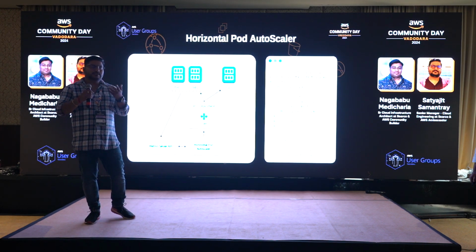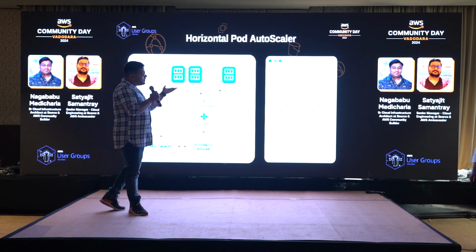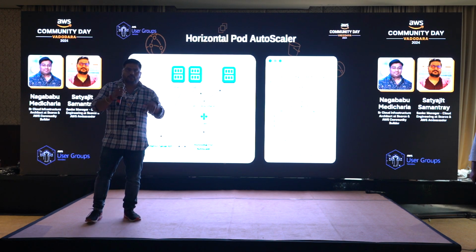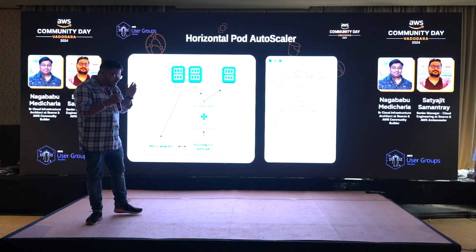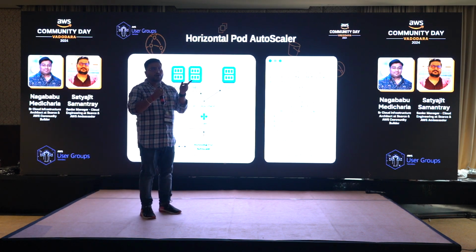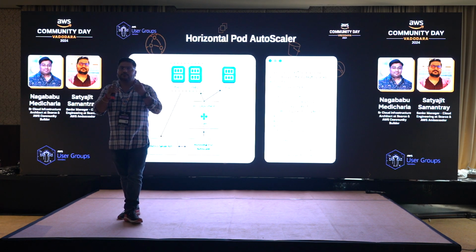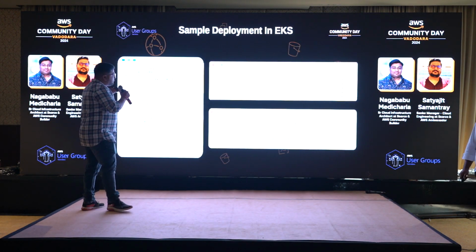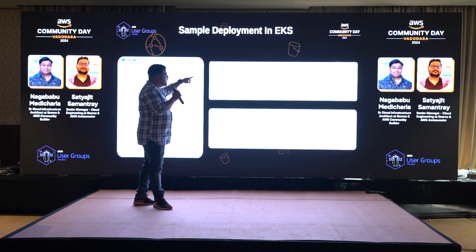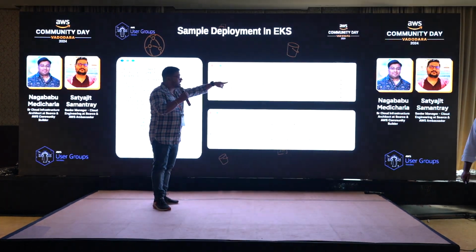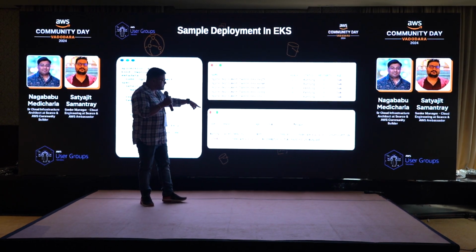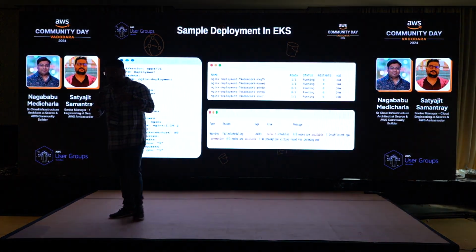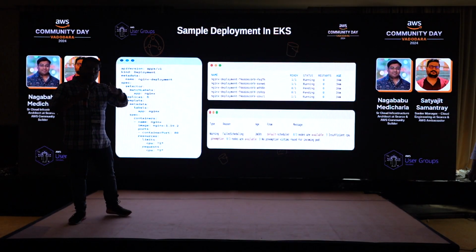Let's say HPA will specify minimum 5 and maximum 10. 5 will be running. If the load is more and a new pod comes into the picture, and the node does not have that much capacity, the pod will come into pending state because of insufficient CPU. If you see here you mention 5. So when you run the deployment, 4 will be running, but 1 pod will go into pending state. If you describe the logs, it will say insufficient CPU because the node doesn't have capacity. In that case, pod level scaling will not work. It means we want node level scaling.